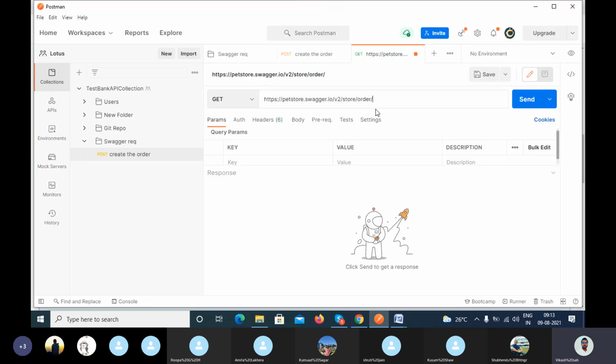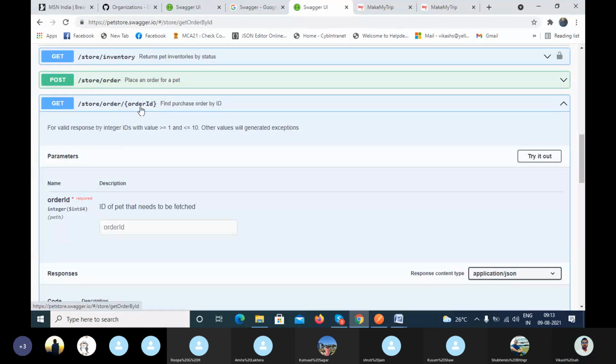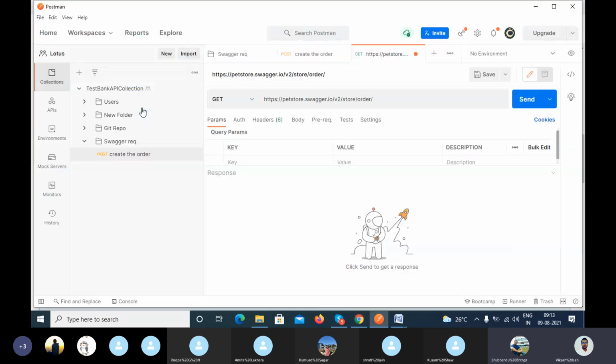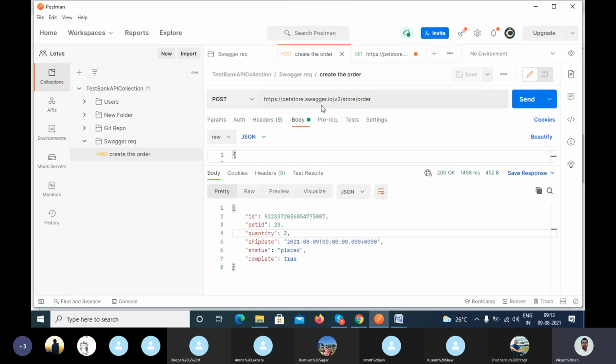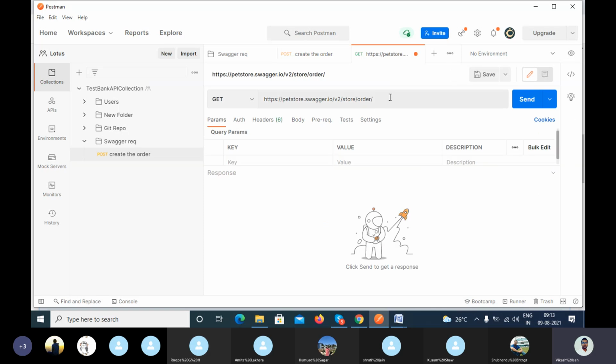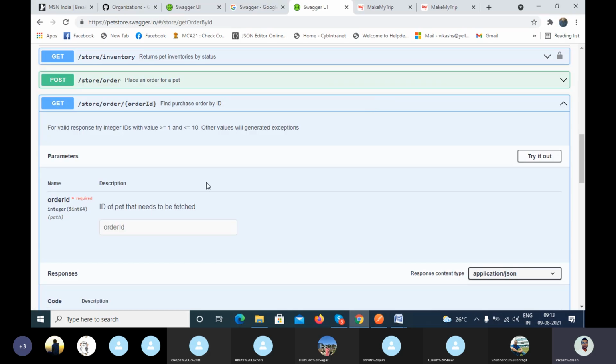Okay, so what I have to do is store and the store ID. Now tell me, where do I get this store ID from? Where can I take it? Your last record will give it. You have to say it like that. We have already created the data order, right? We can take that ID from the POST call. This is the exact answer. Okay, so this is the order ID, right? So I will copy this order ID and pass it here. I have passed it here. Now,